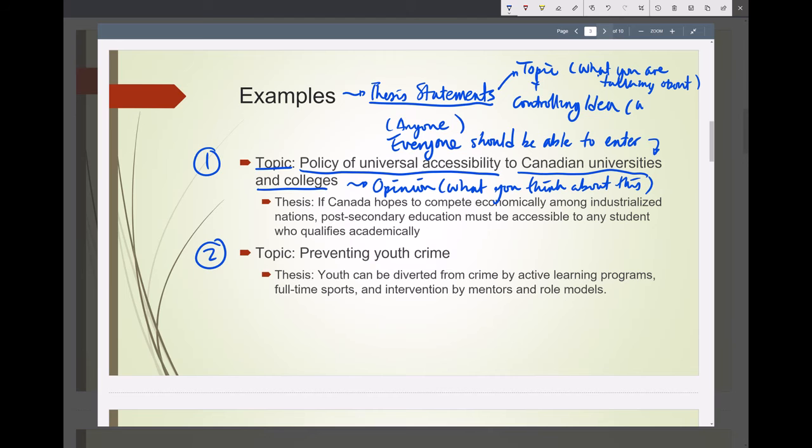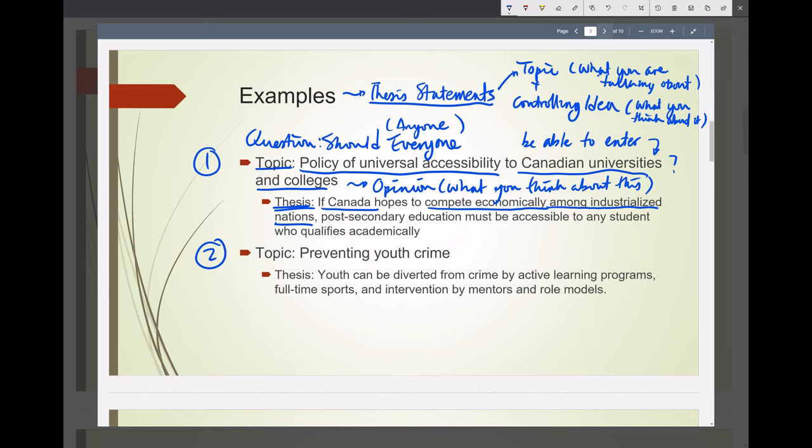And your controlling idea is what you think about that topic. Let's write it here. Okay, so the thesis statement is going to give an answer. So maybe the question would be, should everyone be able to enter? So if this was a question about this topic, the answer would be, well, if Canada wants to be competitive, wants to be good as an industrialized country and